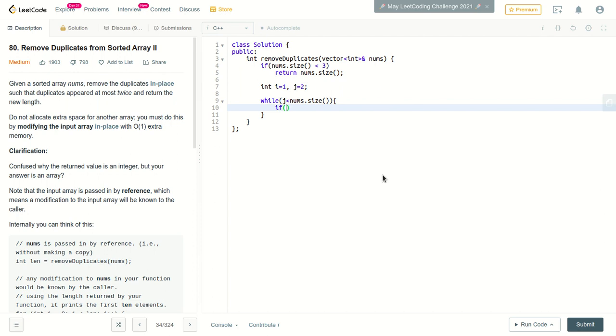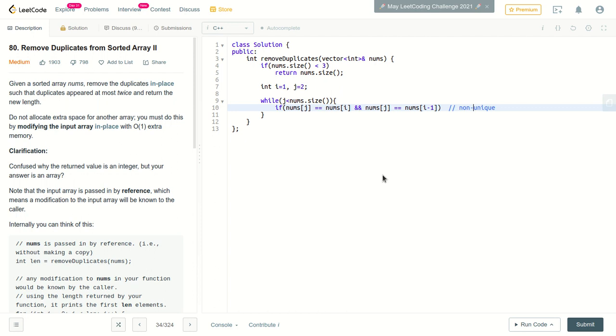For non-unique cases, if nums[j], that is the current element, is double equals to nums[i], and at the same time it is also equal to nums[i minus 1], then it is non-unique. For the non-unique case we do not need to do any operation except incrementing j, which is common for both non-unique and unique cases.